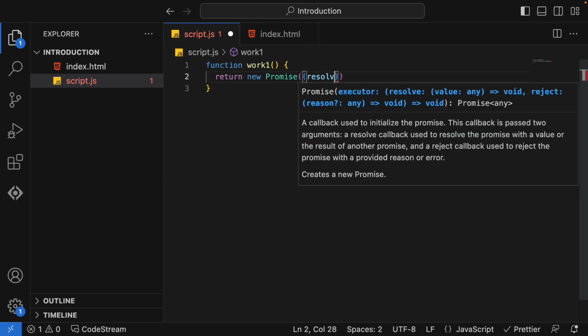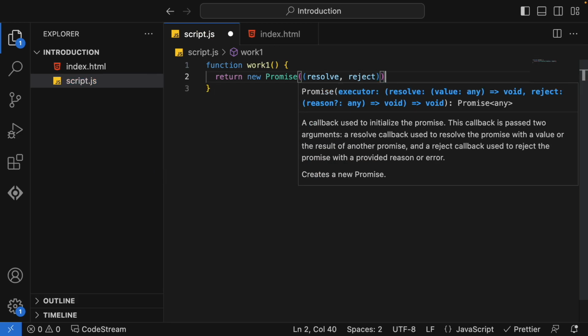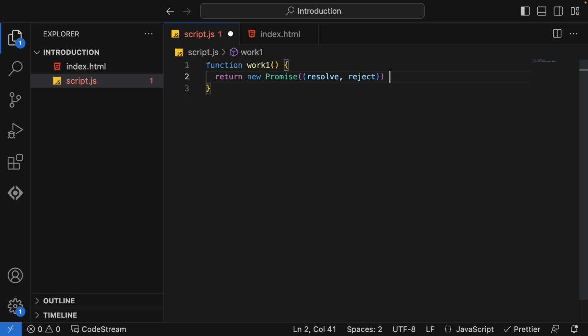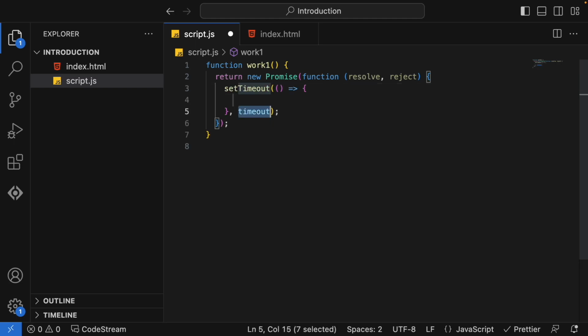And we know this will have two parameters: one is resolve and the second is reject. Inside this promise, I want to perform some action which will take 2 seconds to execute. So I'll use setTimeout that takes 2 seconds, and here I'll say resolve